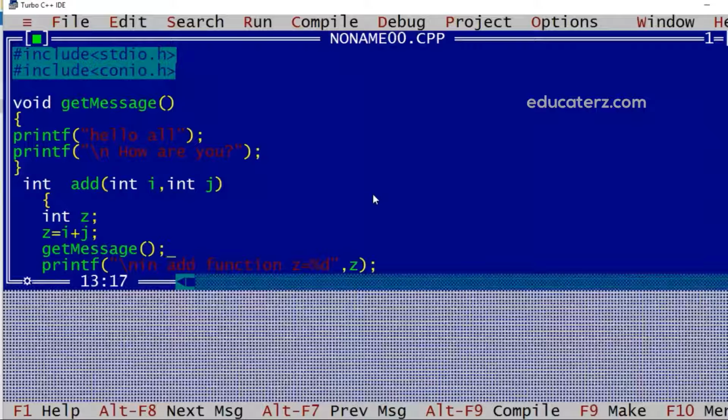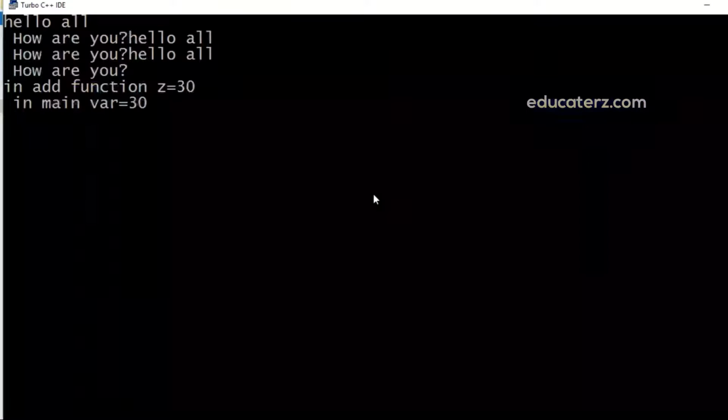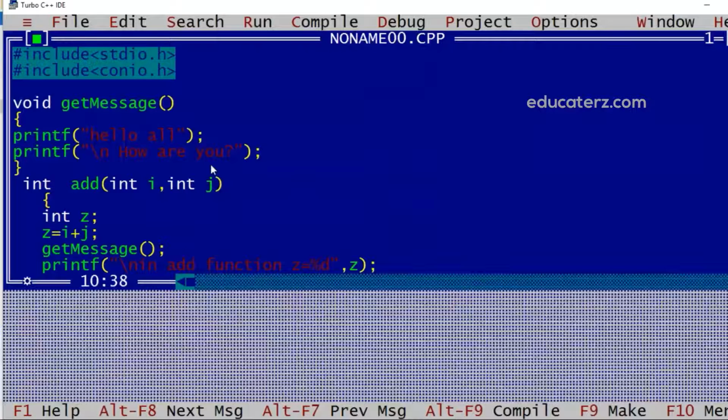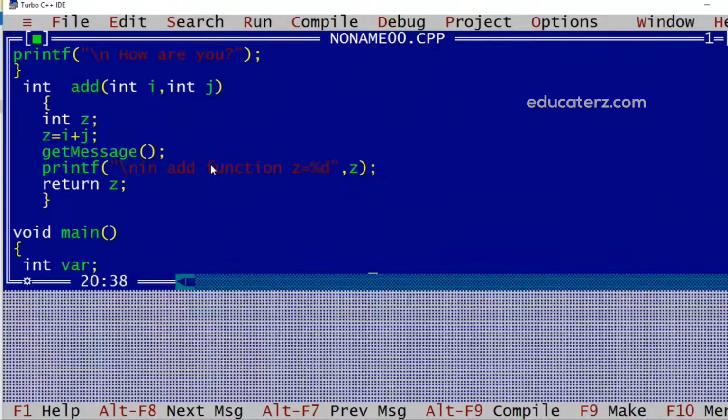So in this case the caller will become the add function, and get message will be the another function that is called into it. So again one more time we got hello all, how are you, which is from the get message. So this way we can define the functions.